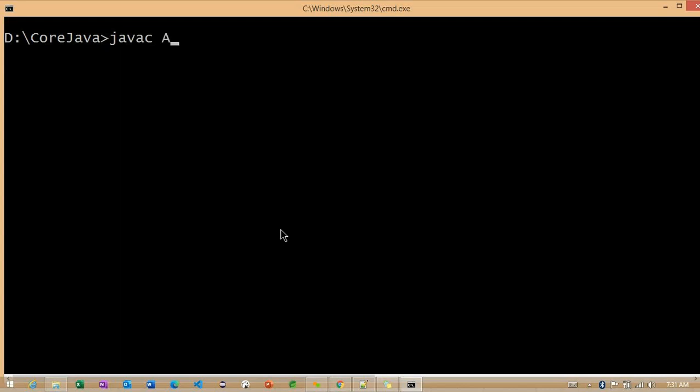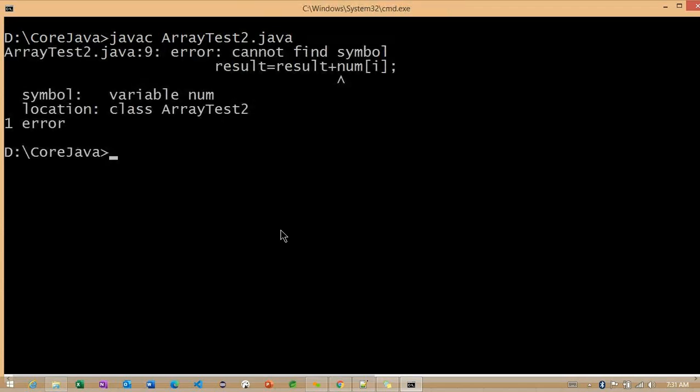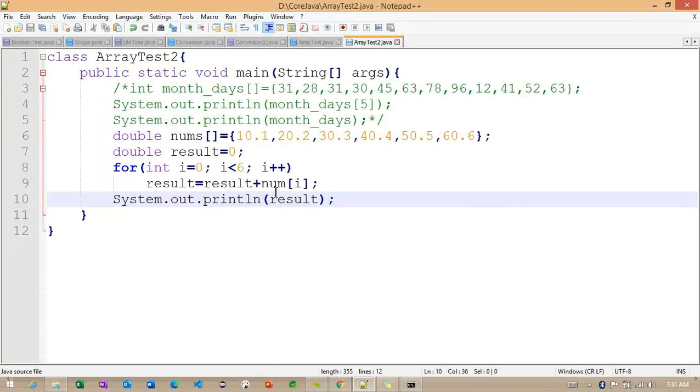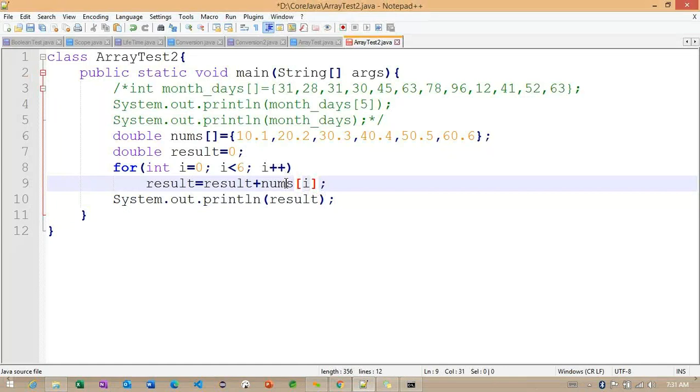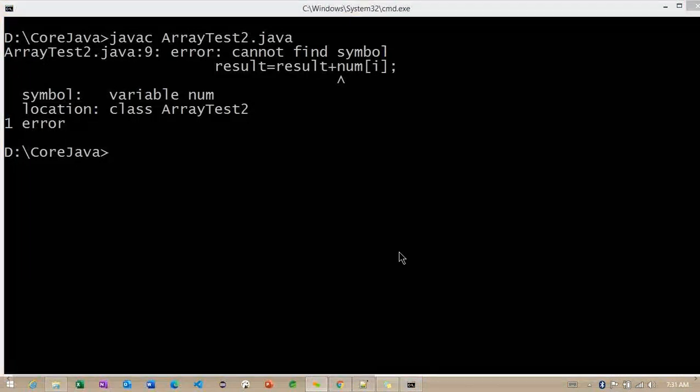So javac ArrayTest2.java. What happens here? Cannot find the nums here. Okay, we made nums. Again compile.